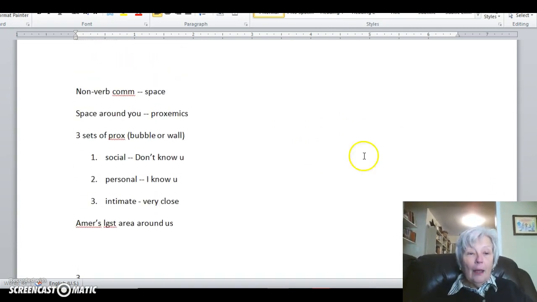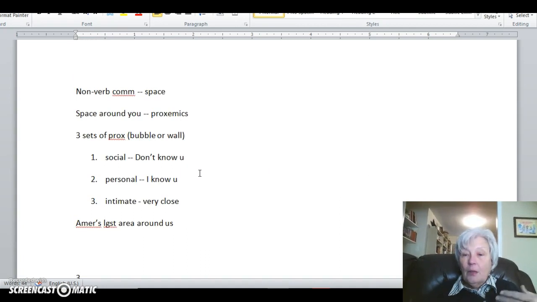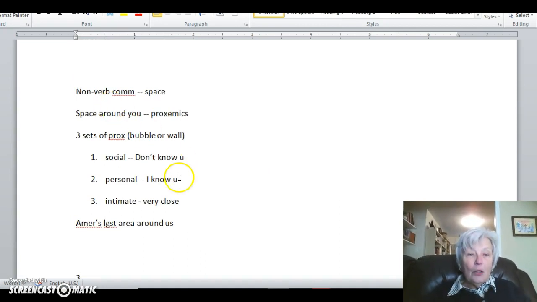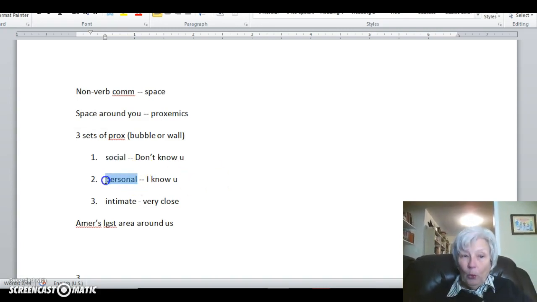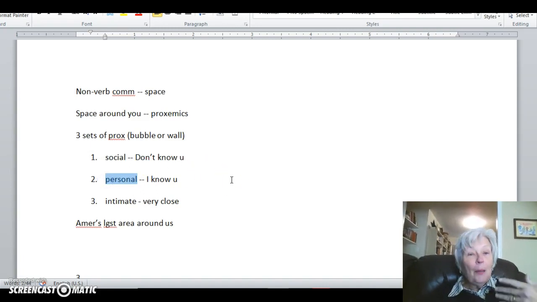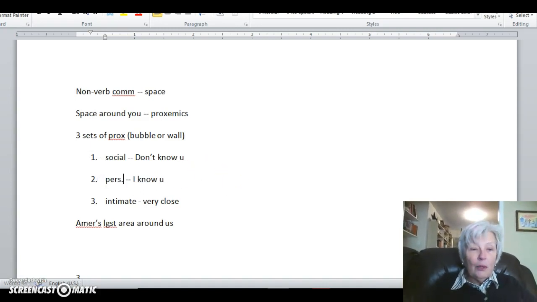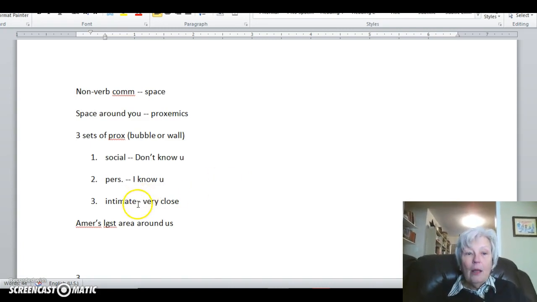Okay, and like I said, the other thing is abbreviations and symbols. So here I use U, the letter U, instead of YOU. And honestly, I was typing this. I type pretty fast, so I was able to write the whole word social and the whole word personal. But if I were handwriting this, I might have just written personal like that. And here, because I'm trying to catch every big idea. See, look at this one. She was just about to say that